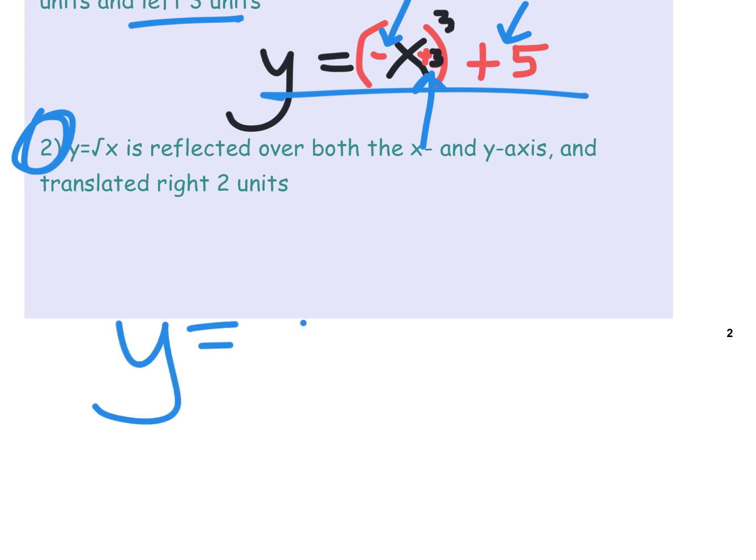You should have had y equals square root of x. And then you should have made 1, 2, 3 changes to it. Talk to the kid next to you, see if you got the same thing as them. I got